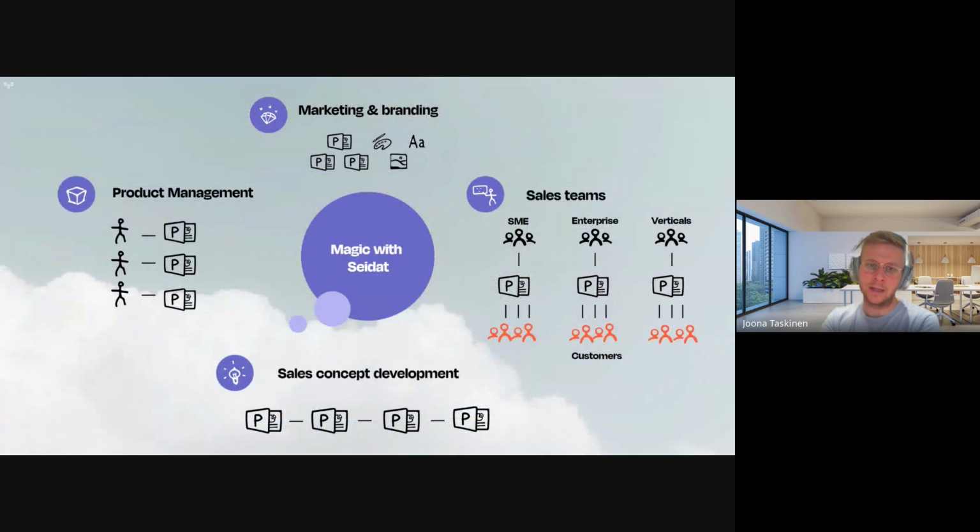Also, I would like to point out that typically in Seidat, it's a joint effort that people from different sort of teams will work together in creating the materials. It might not be layered action. It might be that sometimes marketing sees that, hey, we have an image that we're not supposed to use anymore, or the product management sees that, hey, we have a price that is no longer valid. The sales materials are updated quite constantly by the sales team themselves,